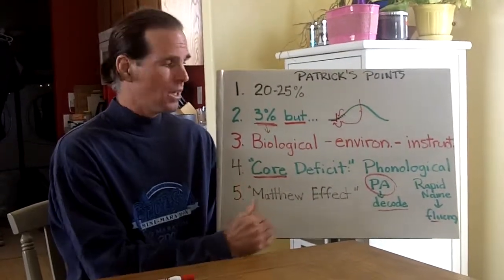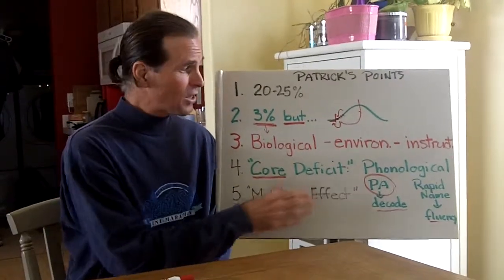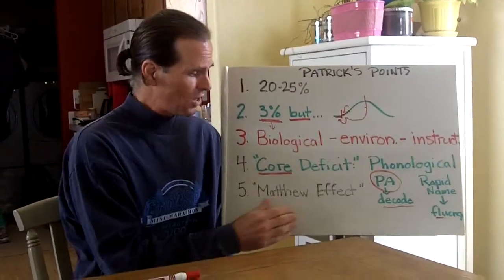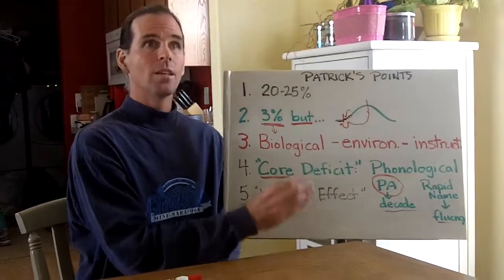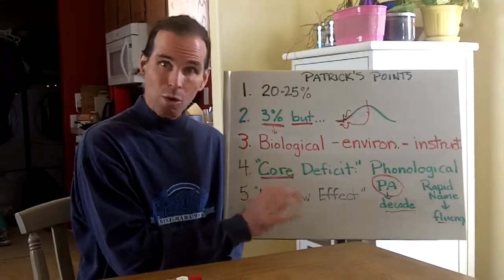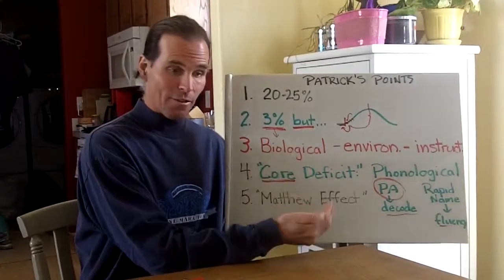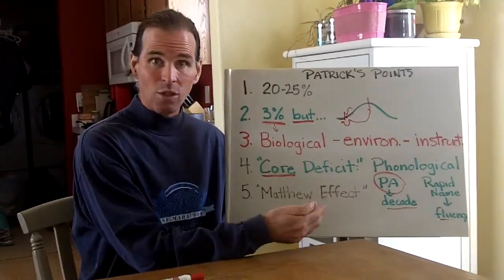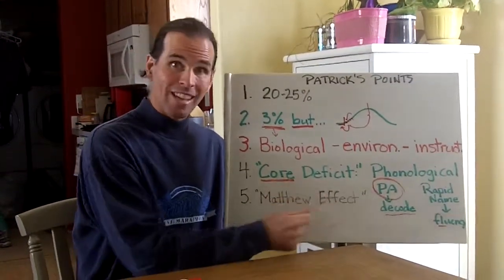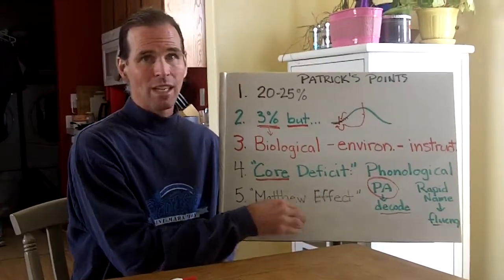On the other hand, a kid who struggles in the beginning, whether due to a core biological deficit or environmental issues that aren't met with really intensive instruction, well, they struggle in the beginning with decoding. Consequently, they read less. They get less reading practice, so they have less of an opportunity to automatize word recognition and develop reading fluency. So they read more slowly. They read less. It makes less sense to them. So they're not motivated to read. Consequently, they